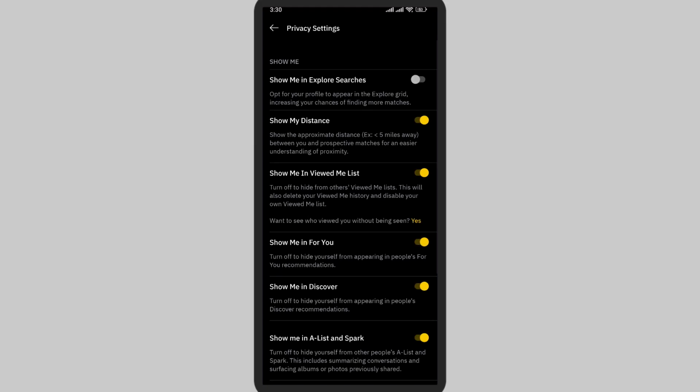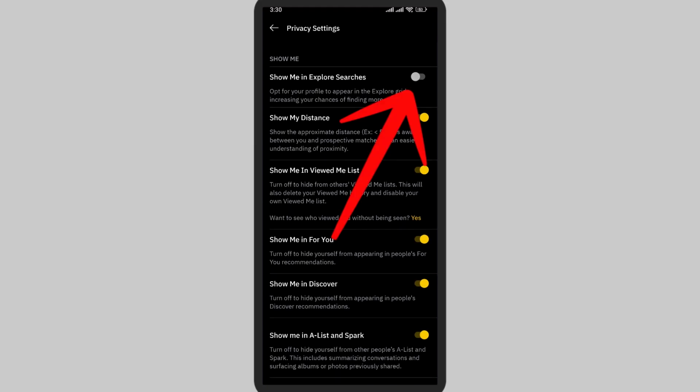Simply tap on it. And here on the top at the first section, there is Show Me in Explore Searches. So make sure you turn it on. And as you can see, it has turned on. Now when you turn this on, you'll be able to find yourself in public and many people will be able to view your profile easily. It's like pushing yourself into the Explore page,